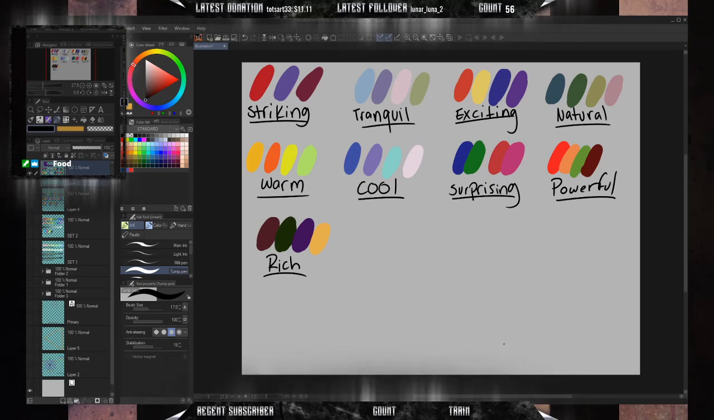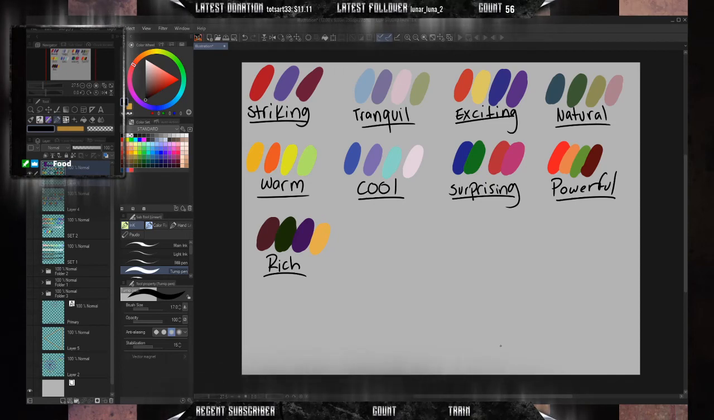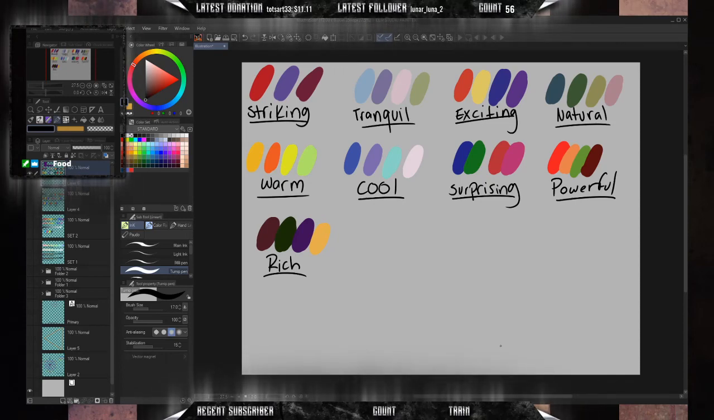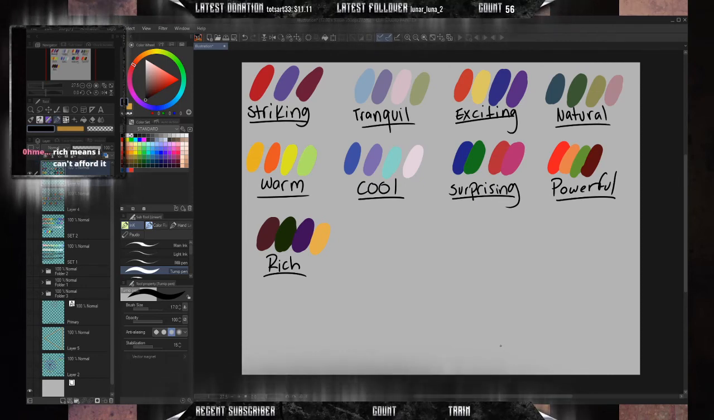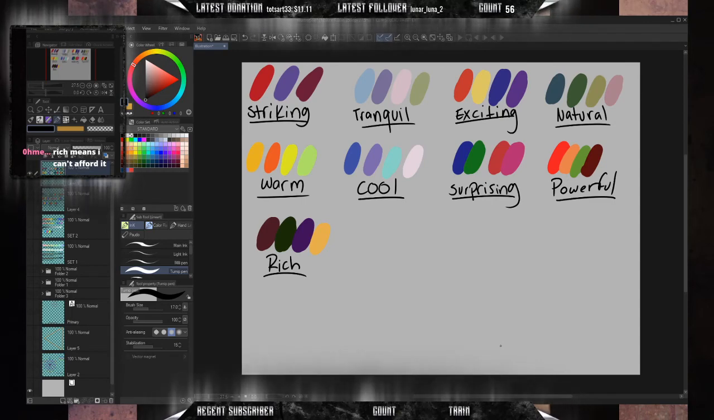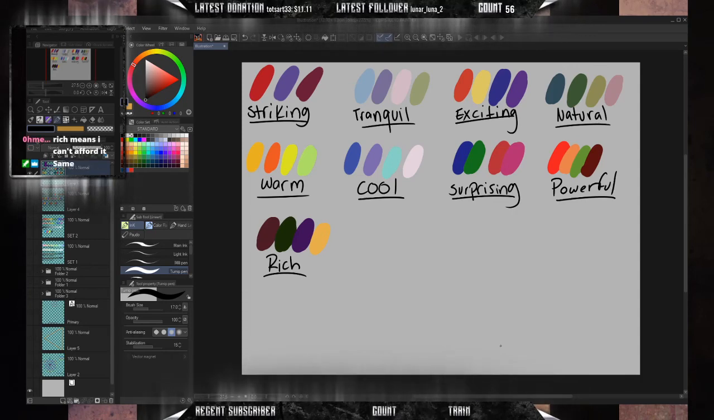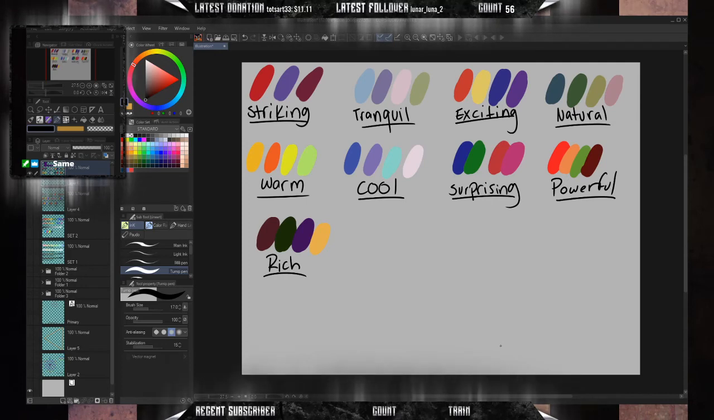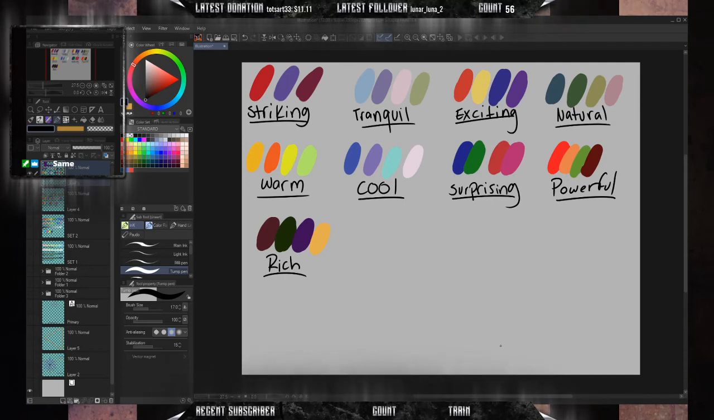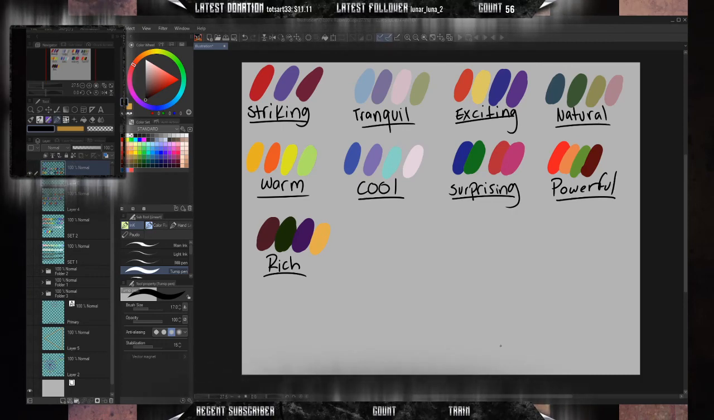The next one is romantic. Romantic is just exactly how it sounds. Pink suggests romance. Pink arouses interest and excitement, but in a softer, quieter way. Yes, pink means I can't afford it either. Well, rich means I can't afford it either. There we go. Combos that are considered romantic use pastels to read as gentle and tender, and it's usually combined with other